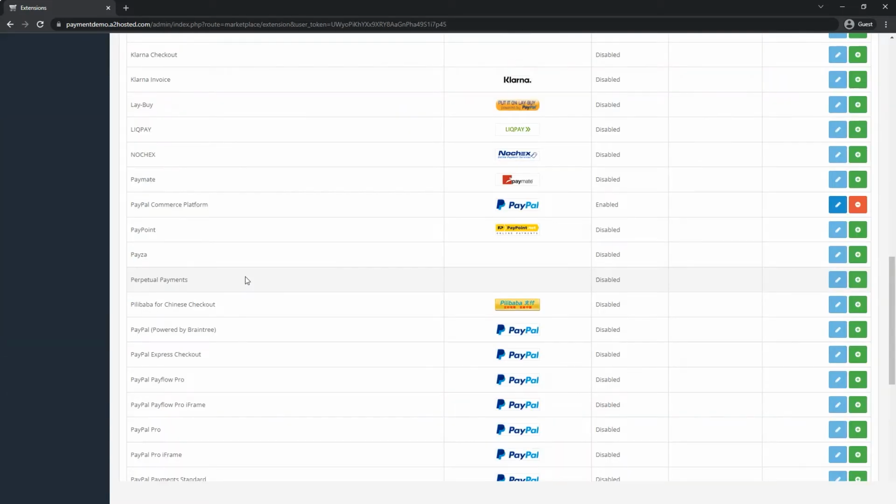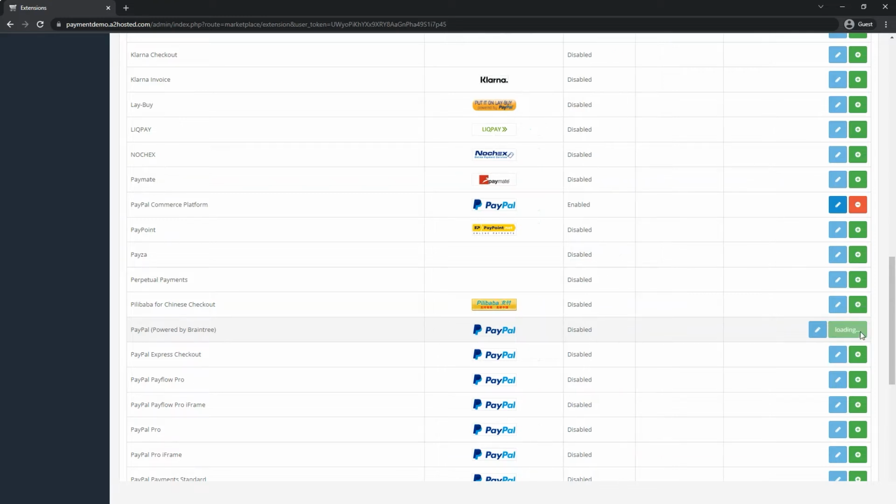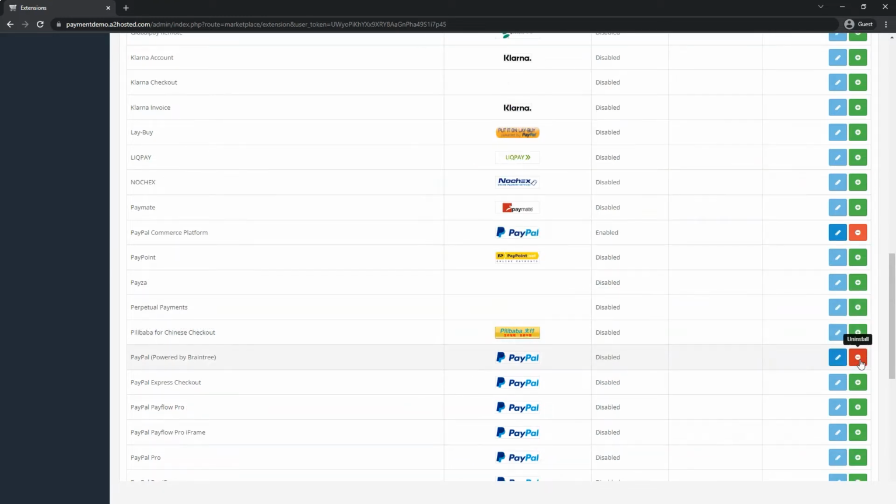We want to scroll down where it says PayPal powered by Braintree. To the far right, if it's disabled and not installed, you'll see this green plus button. Go ahead and click on Install. Once it's installed, you'll see this red minus button, so we can click on the blue edit pencil to start